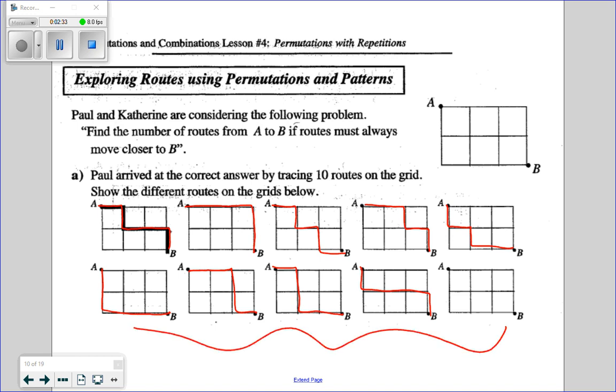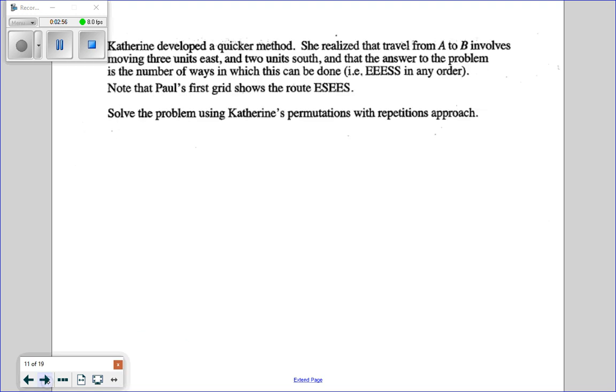Okay? So, if the question was, how many ways could Paul and Catherine get from point A to point B? Do you want to draw them all out? Technically you can, but you're probably going to miss a couple. Case in point. Okay? You want to have another way of doing this. So, there's 2 ways I'm going to show you. First way is super boring. Second way is super fun. Okay? When the teacher says it's fun. Okay? So,